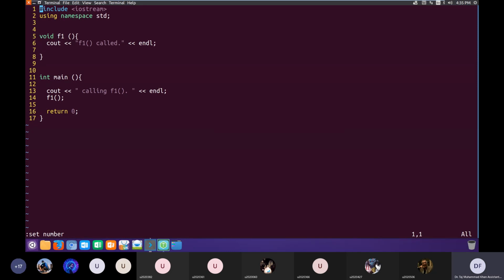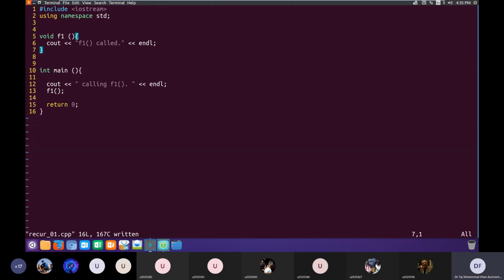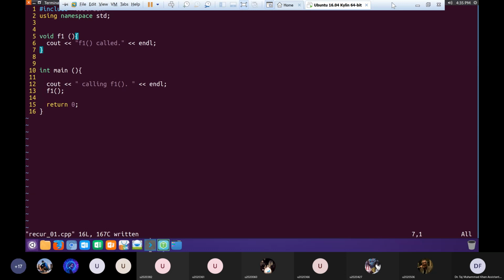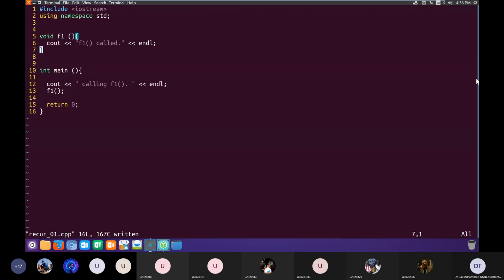Is the program clear so far? Okay, I'm sorry if the screen was stuck, but you can see the program now. It's quite easy to understand. It will be printing both these strings.